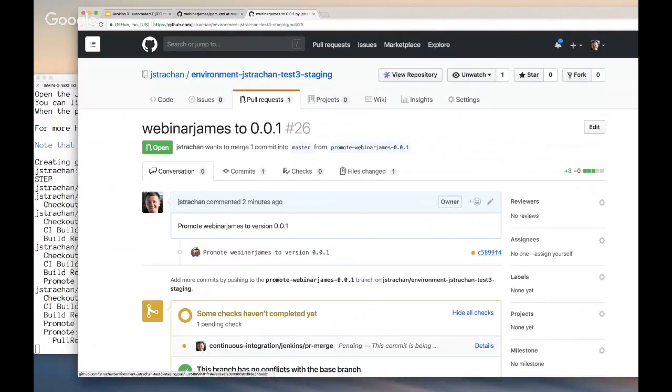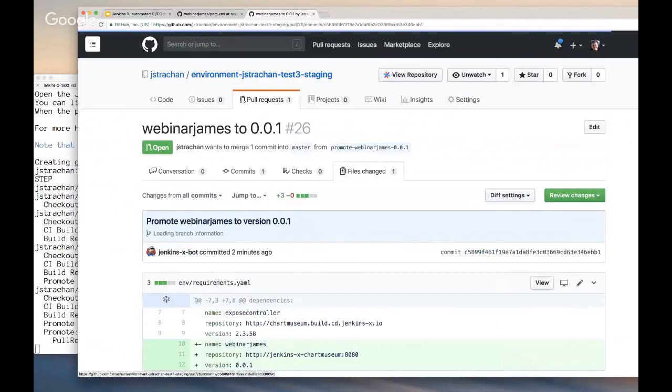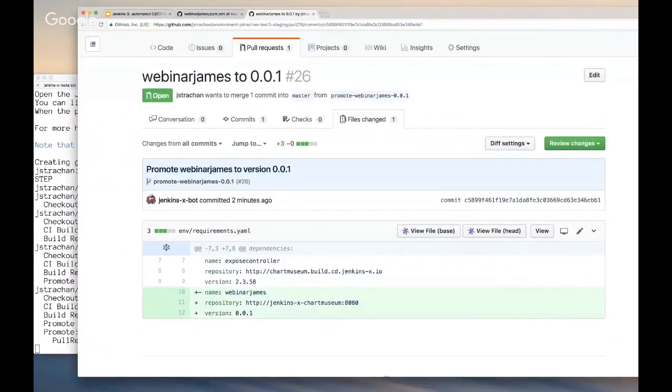What this is doing is generating a pull request on the environment. And don't worry too much about the details. This is the change required to add this new application into a Helm chart. But what's interesting is we're not copying the Docker image and we're not copying a blob of YAML or anything like that. We're copying a reference, the version number, to a Helm chart that we've released into this ChartMuseum